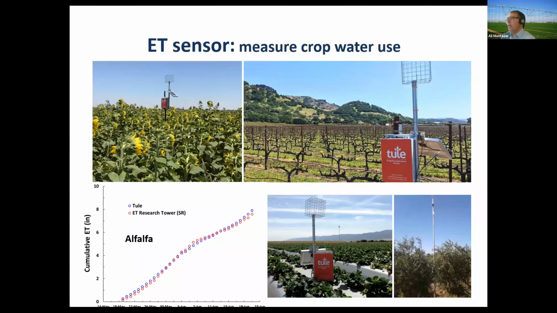There is another tool called Thule. Thule uses the surface renewal method, a kind of commercial use of the technology I mentioned in my previous slide. These tools measure only sensible heat flux from the field, then use some satellite data and come up with the daily ET for the field. It's kind of commercial. There is a sensor and a company provides this sensor.